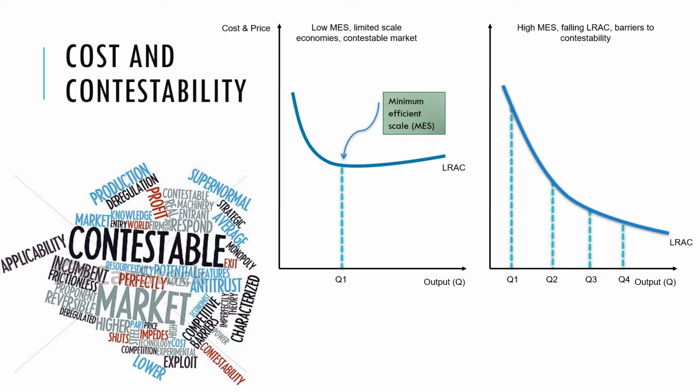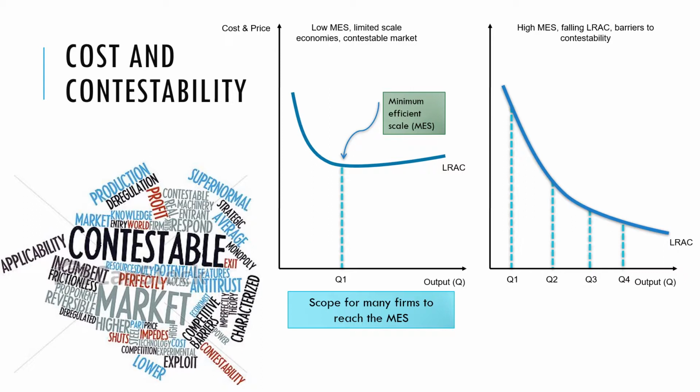Here's another example. On the left hand side we have an industry or a business here, and the minimum efficient scale, the lowest average cost, is quite achievable. It's at quite a low level of output, so potentially other firms will be able to enter this industry where the minimum scale to operate at the lowest point in the average cost curve is quite low. So there might be quite a lot of contestability, so there might be a lot of firms that can compete